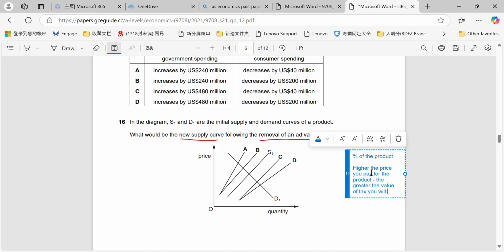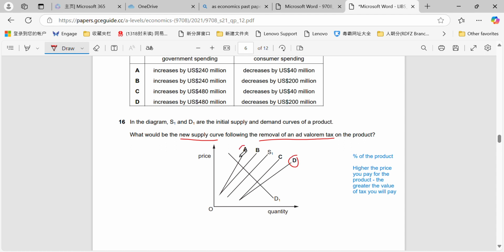So what's important is recognizing here which graphs out of A, B, C and D are actually ad valorem taxes, and that would be D and it would be A, because what you can see is that the tax is not straight. So B and C would be examples of specific taxes, right? Which is where the value of the tax that you're paying, even as the price rises, does not increase. And that is because it is taxed on a unit of the good.